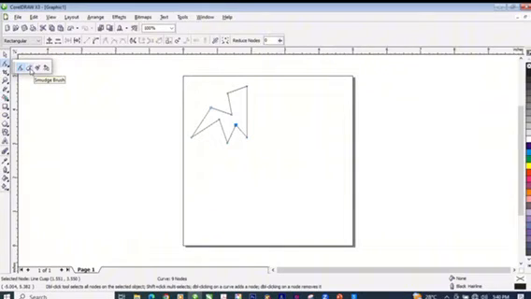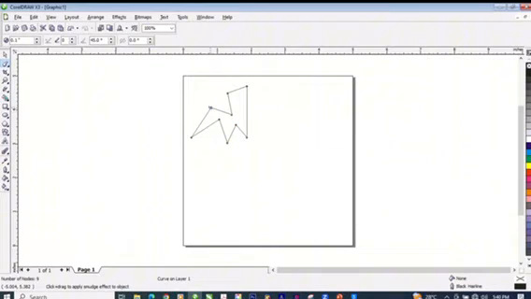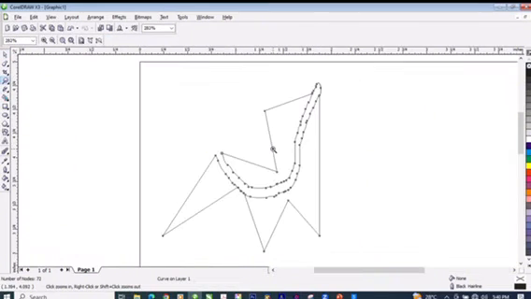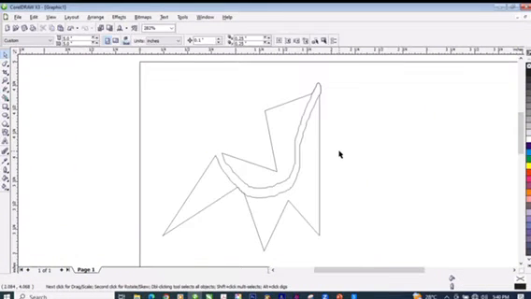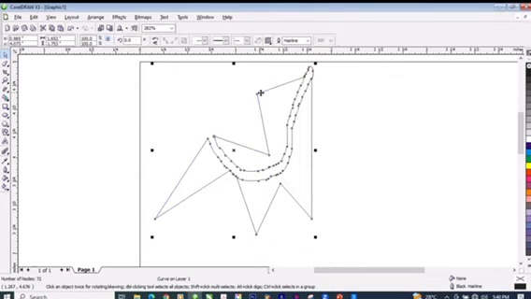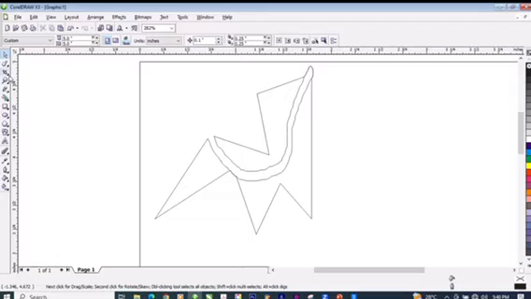smudge brush. So smudge brush, I click on it now, so you can see the work of the smudge brush. So let me zoom it for you guys. It intersects the object I drew. So that is the work of the smudge brush. So let's move on to the